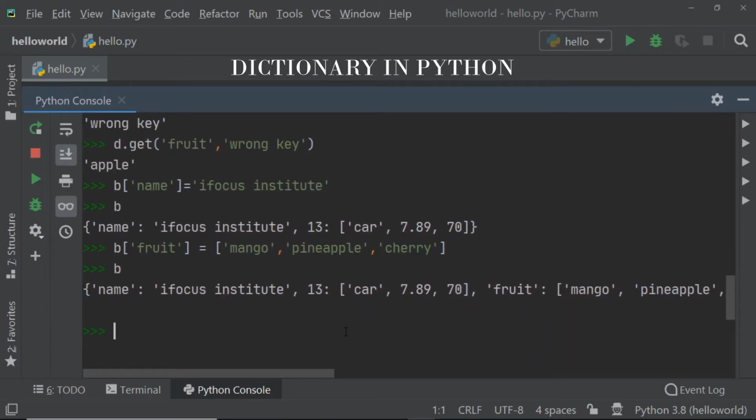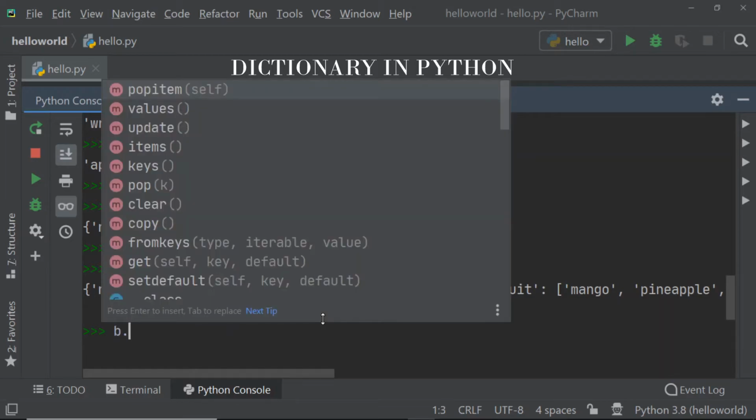But now if you observe this B dictionary, it is very confusing to identify which is the key and which is the value. To identify the keys or the values, we have a method present in Python. That can be used with a dot symbol, and if you observe here, there are multiple methods that we can perform on a dictionary.